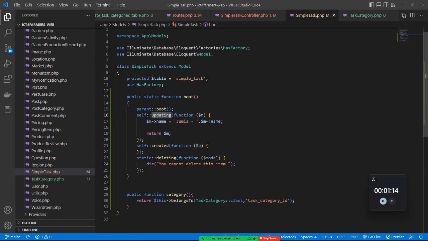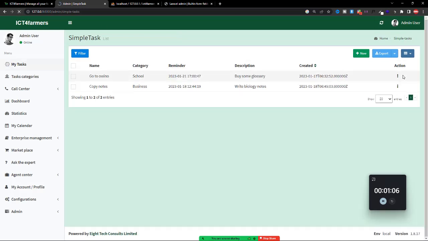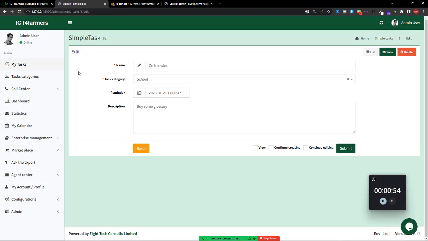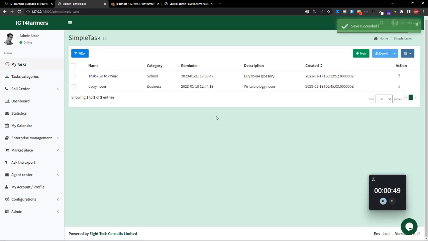But if you put it in on created or on updated, it means that the event has already been done, so it cannot change, but you can do other things. So if I come here and refresh, and then come to this task, maybe I want to add the word task on each name. So I'll come here to task and put maybe a full stop, make some changes. If I refresh,